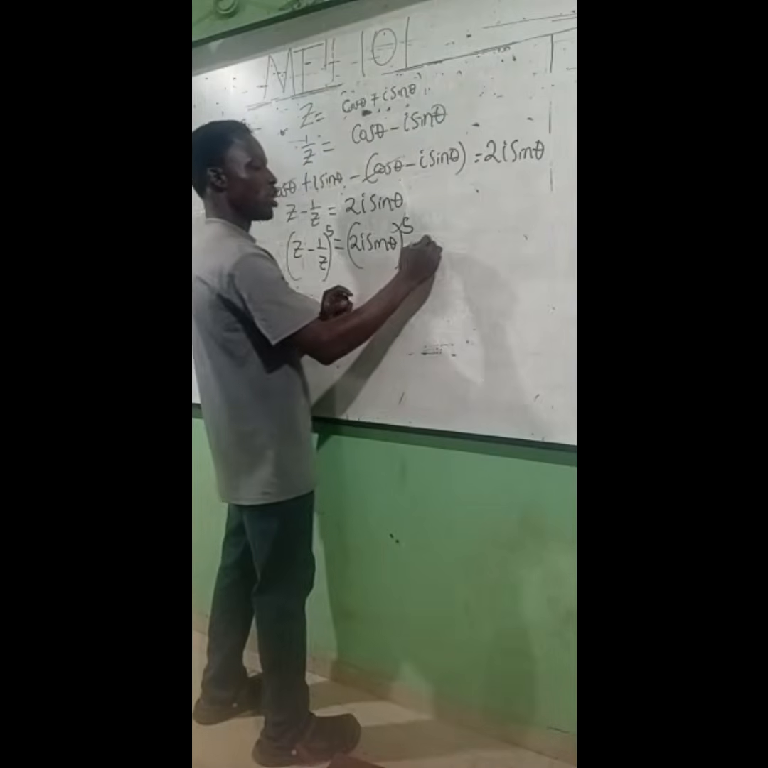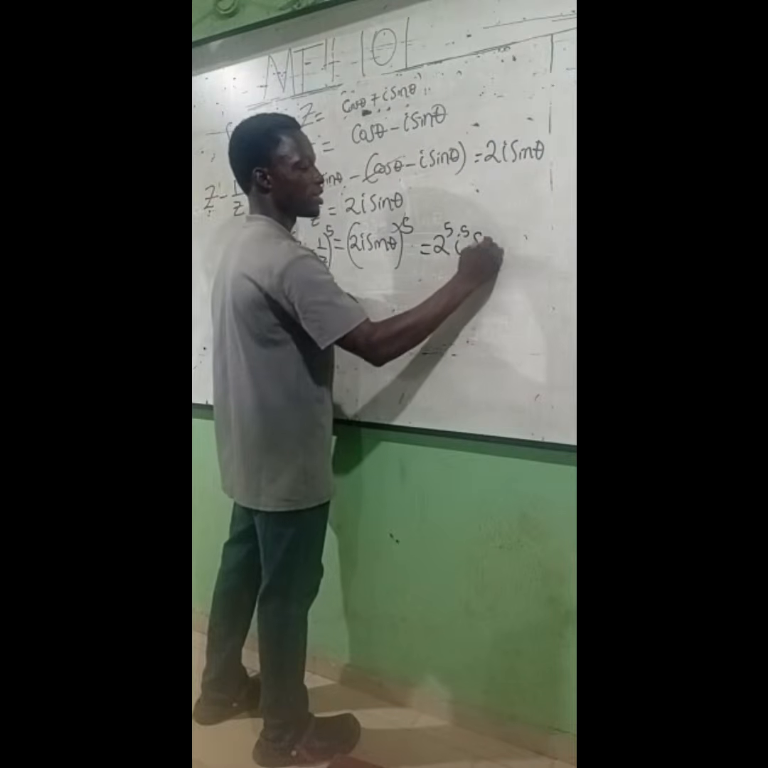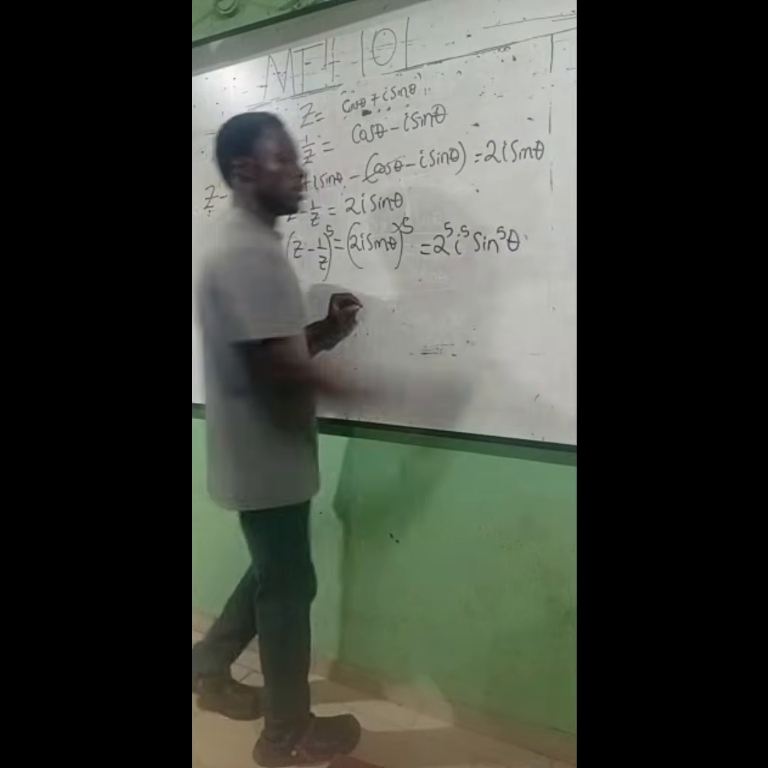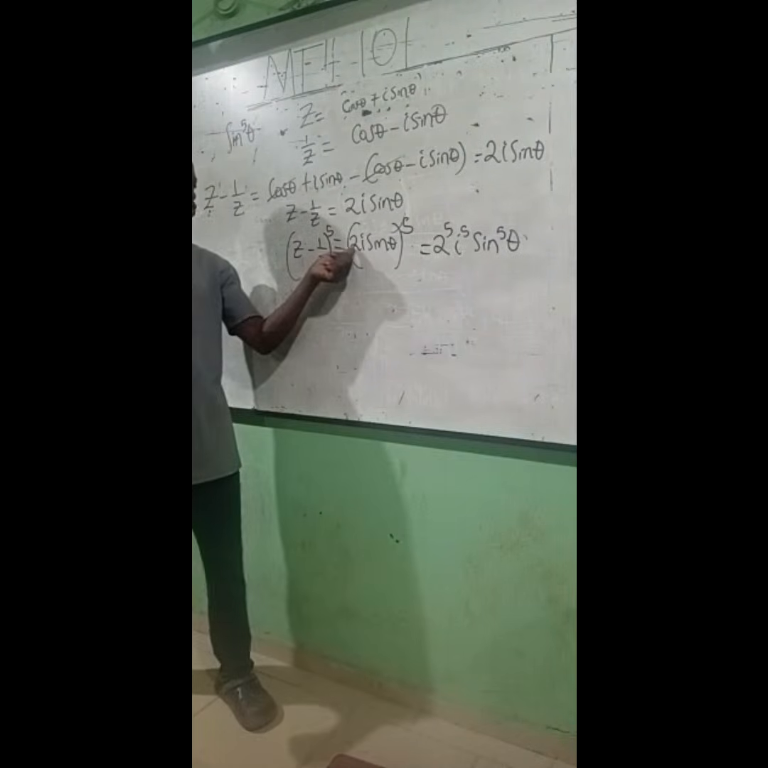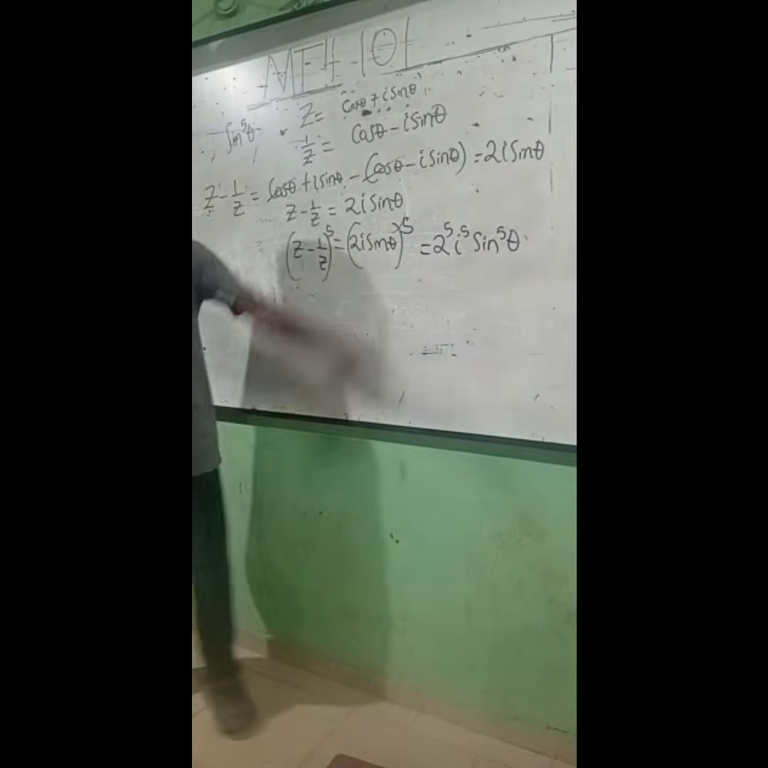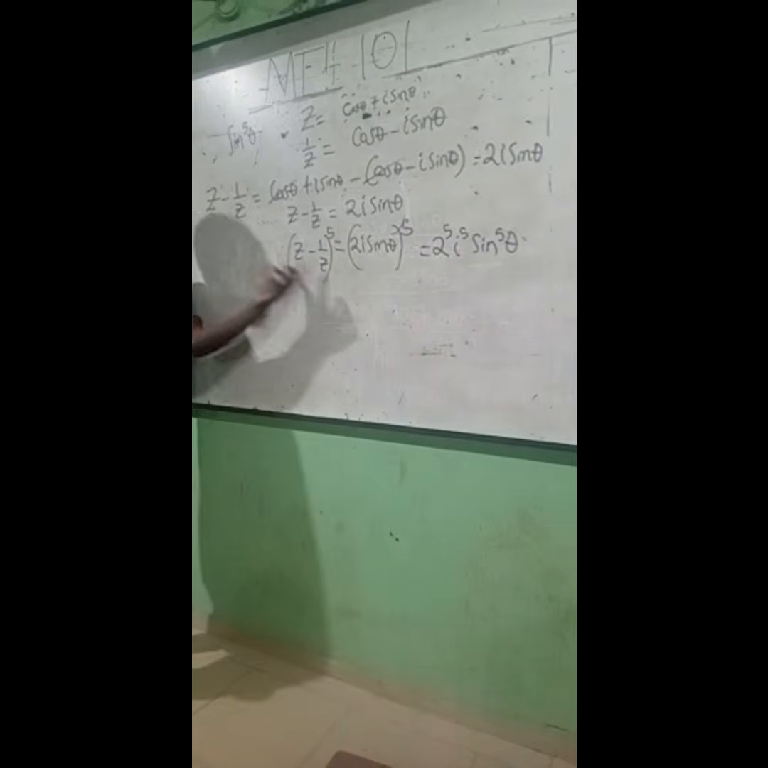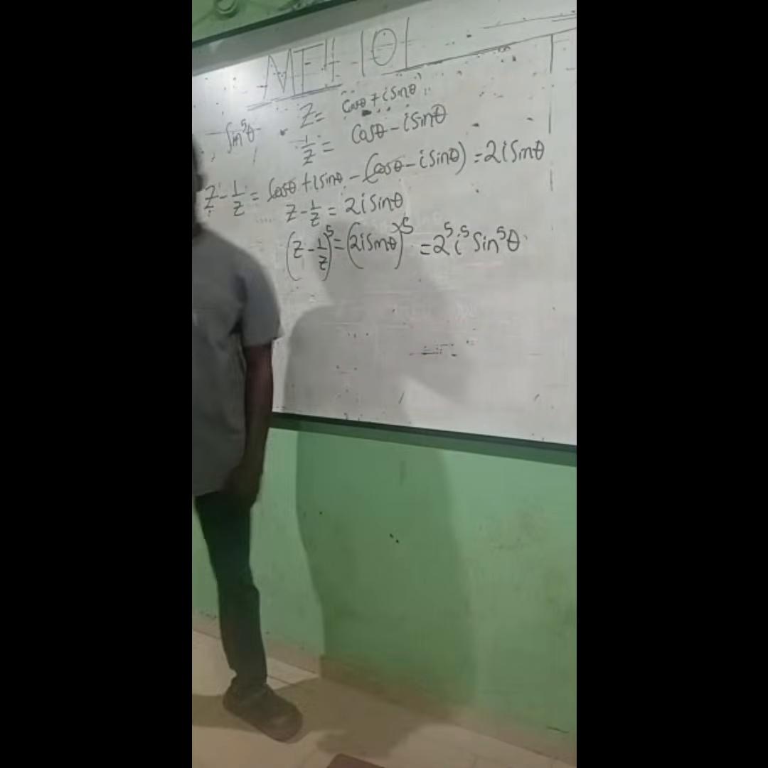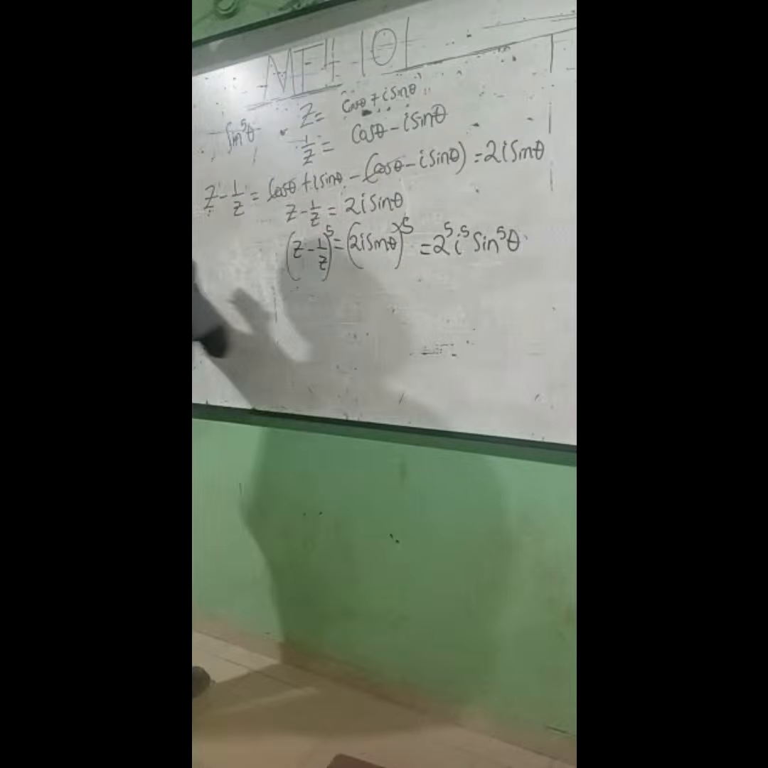So then this one now becomes 2 raised to power 5, i raised to power 5, sine fifth power of theta. Is that clear? Do we get into this part? Now we have to expand this guy and say it is equal to this. Am I communicating? And don't forget, for De Moivre's theorem,